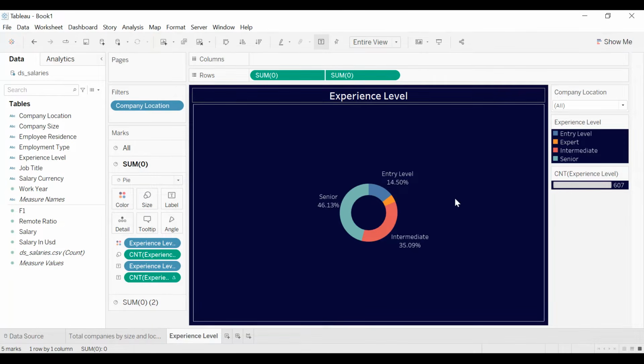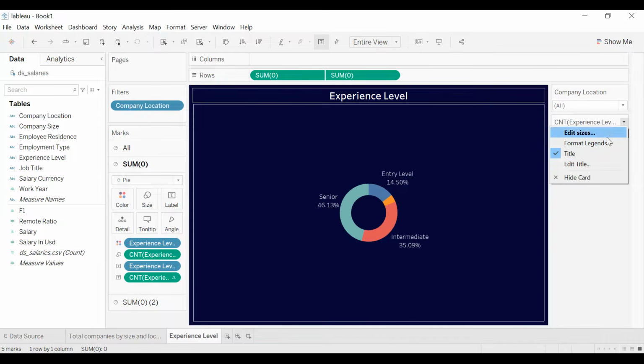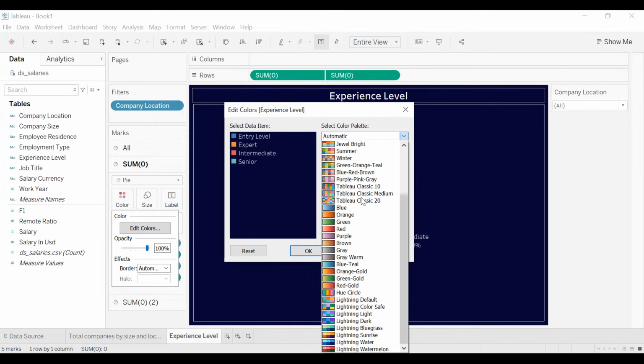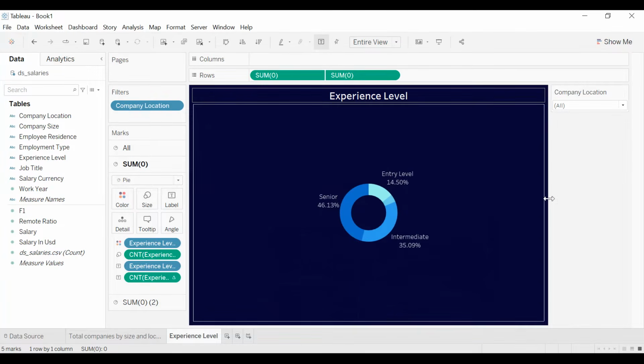All right. We remove the color, we remove the legend. And for the color, we're going to select lightning, assign, apply. Okay. So here we have done a chart for the experience level. Same thing, we are going to duplicate first one